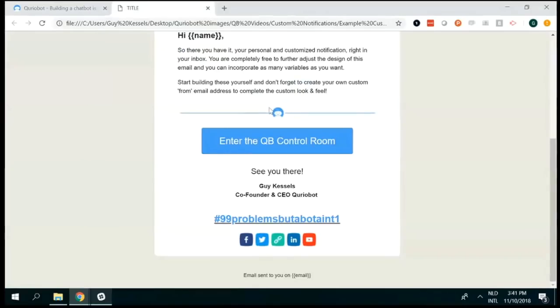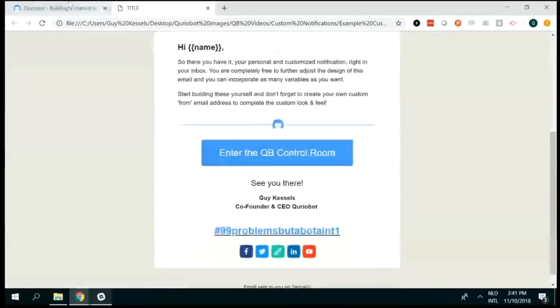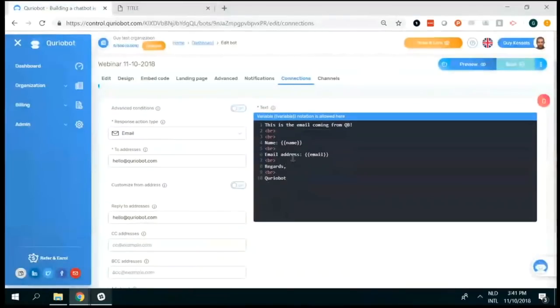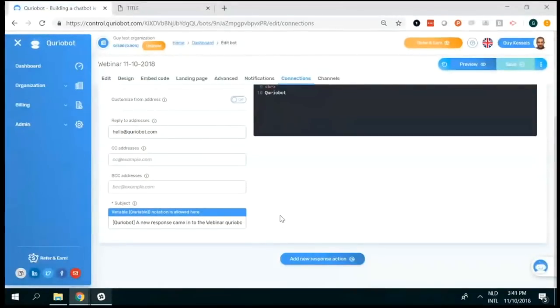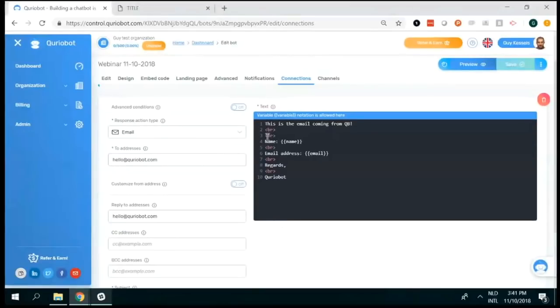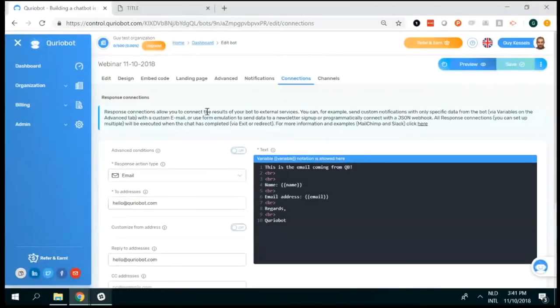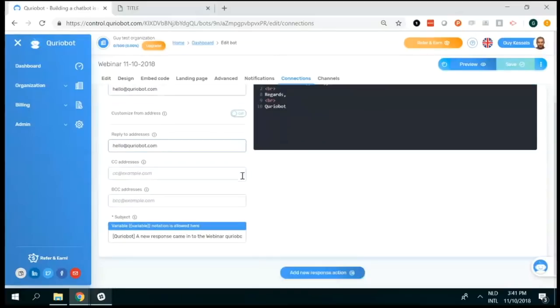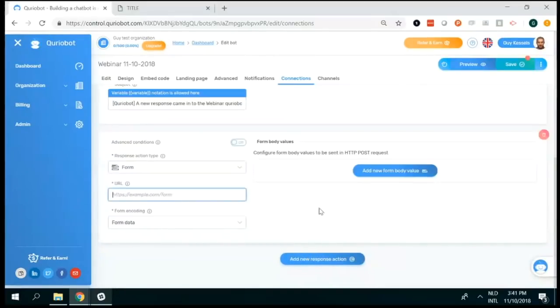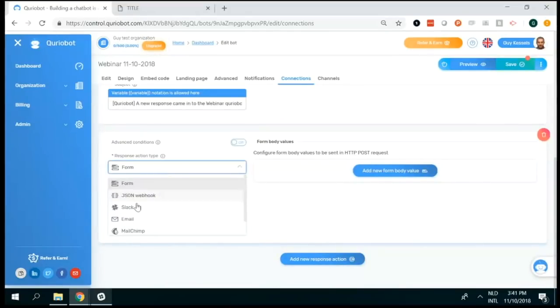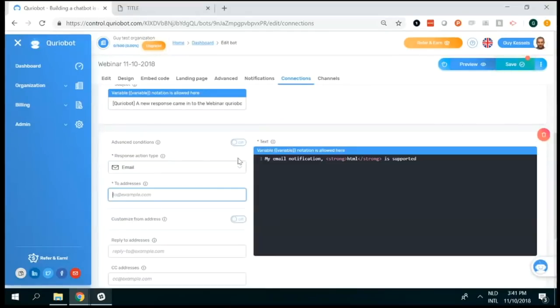This, however, is already looking great, and here it is still a bit tacky, so to speak. So we are going to define a new response connection because we want to have this one kept alive. So here I'm going to click Add New Response Action. I'm not going to make a form, but I want to send another email address. And here I want to send this good-looking email template to the person that has actually had that conversation with